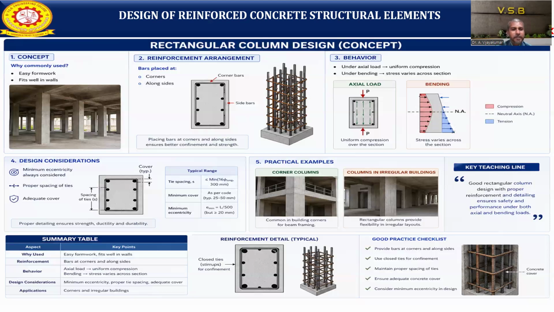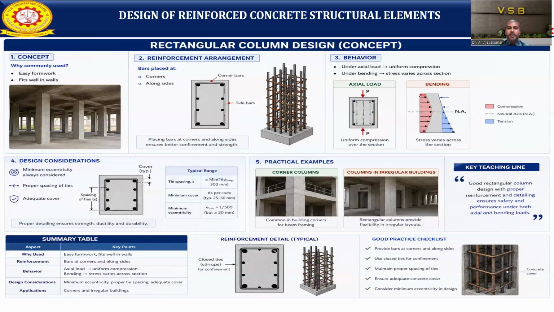Okay. Now, what is the minimum eccentricity given? The tie spacing should be less than or equal to 16 mm diameter or 300 mm. Minimum cover as per code is 25 to 50 mm. Minimum eccentricity is equal to L by 500, but less than or equal to 20 mm as per